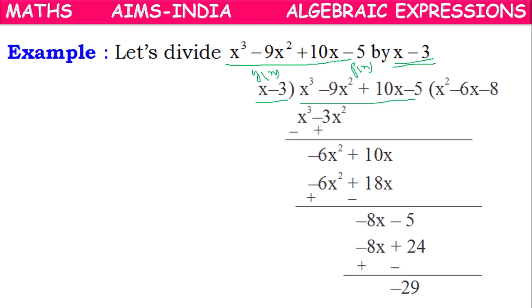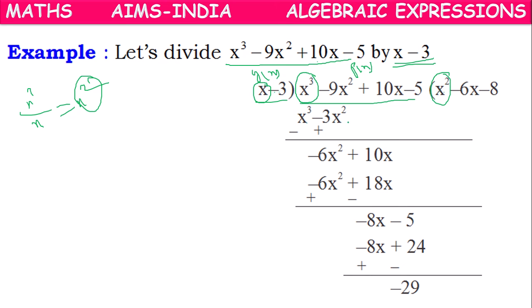According to the division algorithm, the first term of the dividend is to be divided by the first term of the divisor. So x cube by x, 1x cancel, it will become x square, and this will be the first term of the quotient. After that, we have to multiply with all the terms of the divisor, x square into x, x cube,